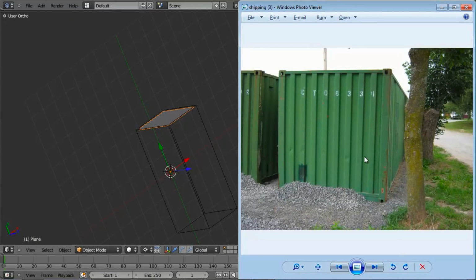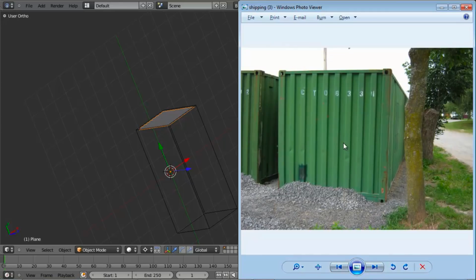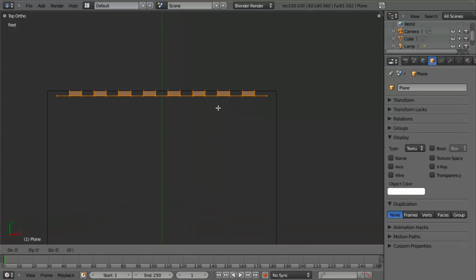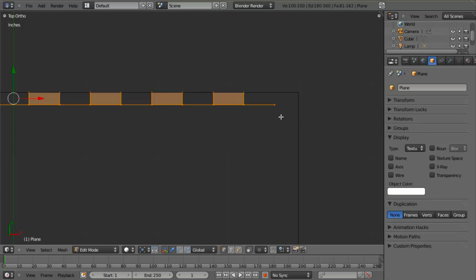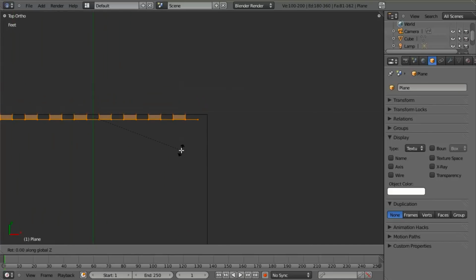Well, let's go ahead and do the sides now. Now the sides are shaped a little bit differently, as we can see in this reference. We're going to assume that the spacing on these is pretty much the same. It's just that this front face is a little skinnier and the back is a little skinnier. And so we can take this same system that we have right here, which is exactly what we're going to do. We're going to hit comma, and let's just hit Shift D, right click to cancel the transform, and then we're going to hit R and Z to rotate around the Z axis